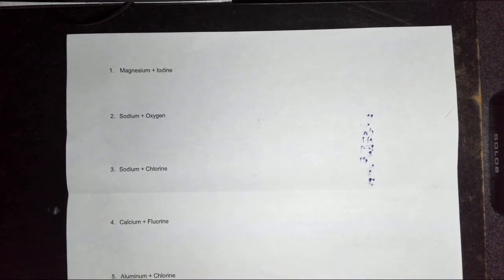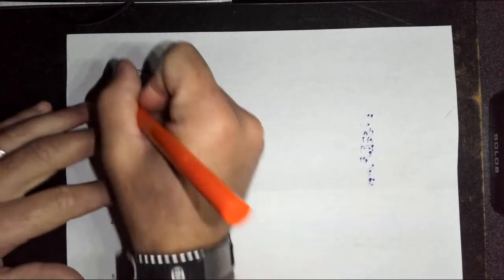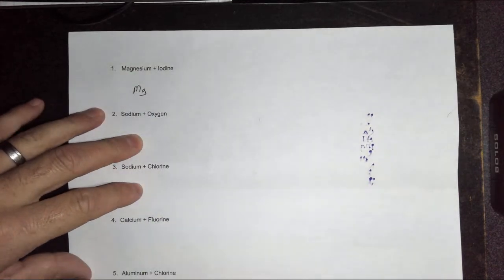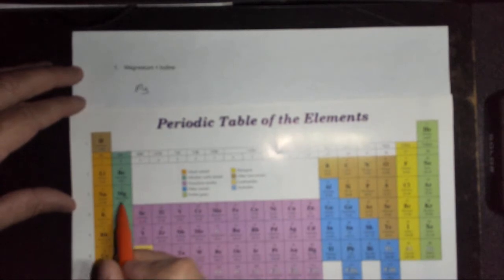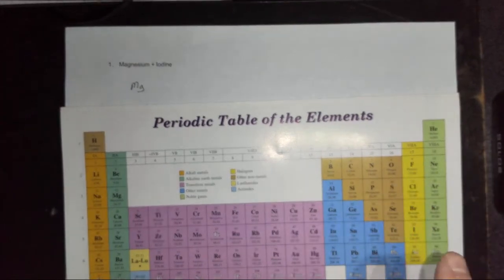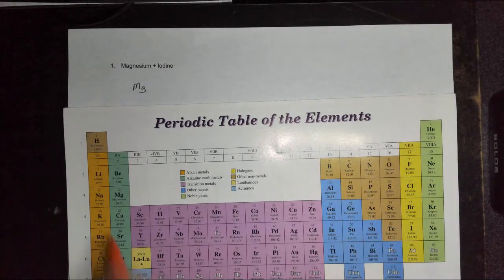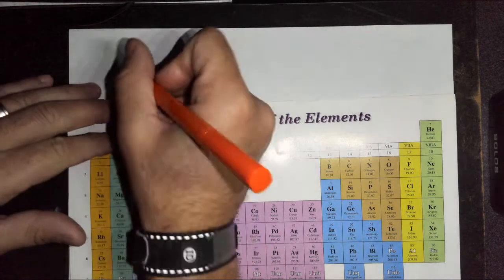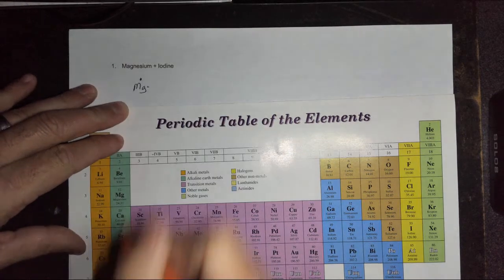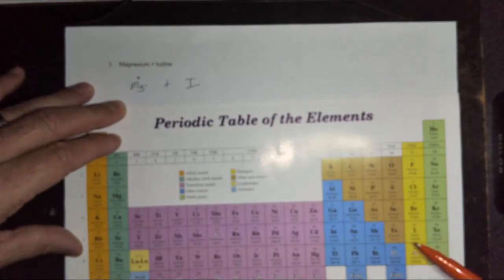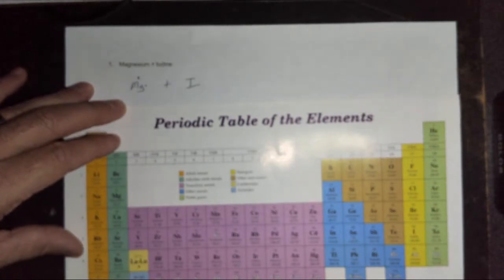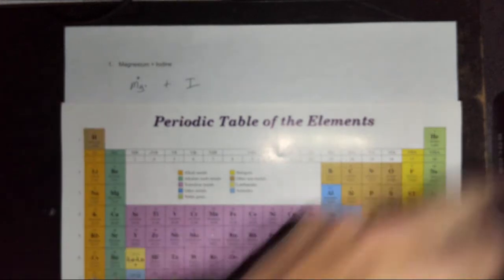Okay, we've got magnesium plus iodine. So if we were going to do Lewis dots for magnesium, we would do Mg. It has 2 dots because it is in the alkaline earth metals. Magnesium's right here, so he has 2 valence electrons, so we're going to do a dot on the top, a dot on the bottom, plus iodine. Well, we find iodine. Iodine is right here. It's in group 17. It is a halogen, so all of the halogens have